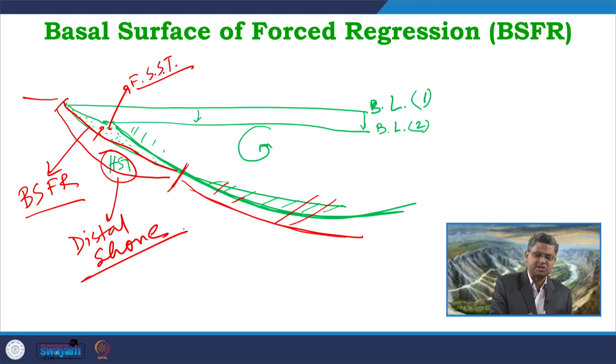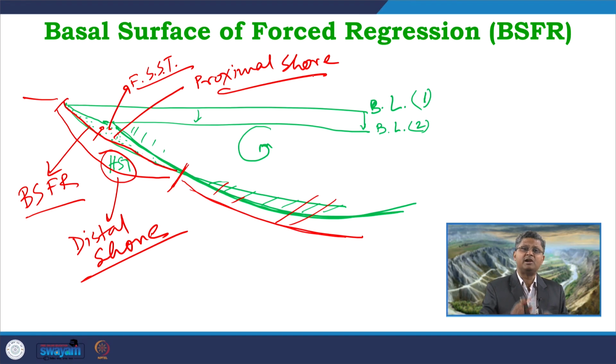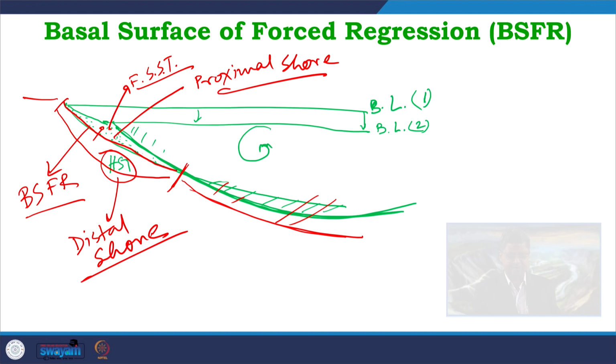or simply distal shore. On that, this portion is the proximal shore maybe. But entirely it is the shore environment, entirely it is within the marine system. So, a distal shore, maybe the outer shoreface, is overlain by inner shoreface, like this. So, we can get this kind of depositions, this kind of packages separated by this surface called the BSFR surface.